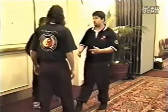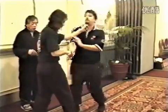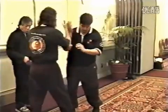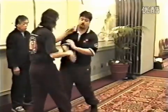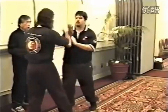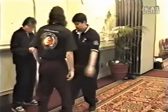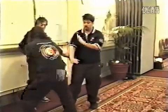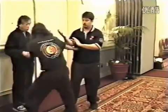Now, okay, the next one is the lop style, which is a pulling hand technique. Again, you're pulling him into you, punching at the same time. And I want to emphasize the balance should be on that back foot when you do that, so that you're not off balance. Now, if he should block, again, it's a lop style punch. Okay. The next thing is the chop choy washa, which is the knuckle fist down low. Okay. Now this time, if he should block,